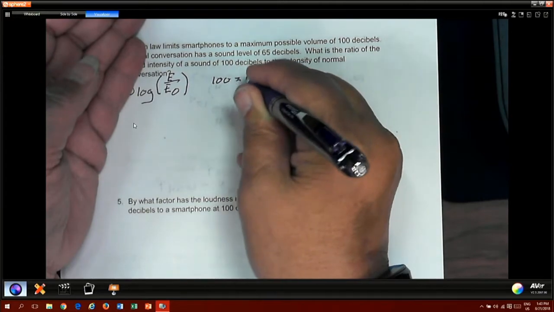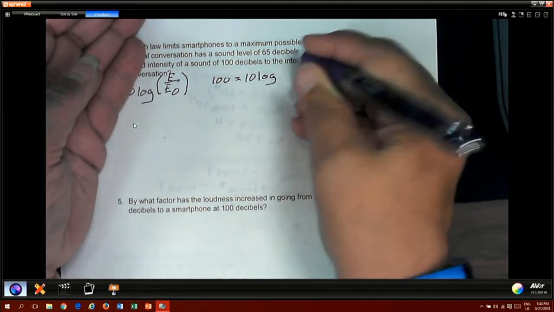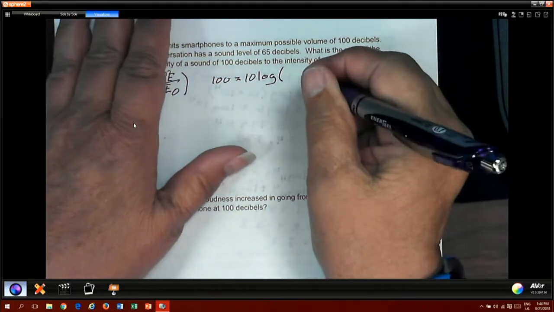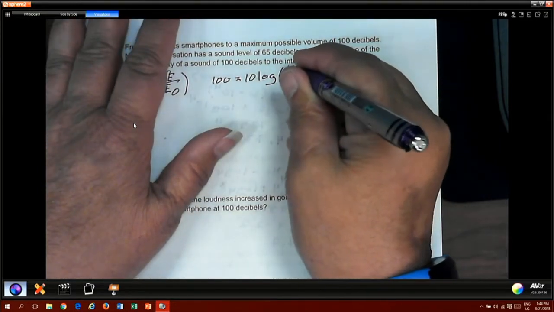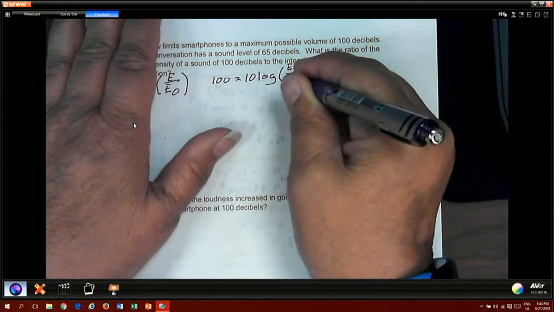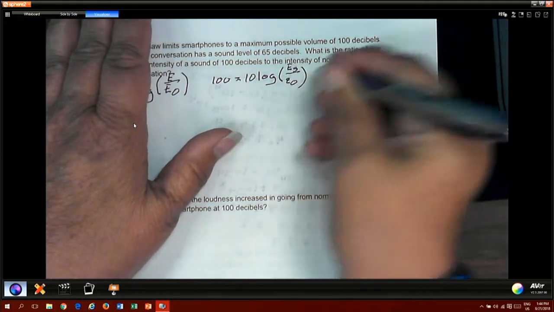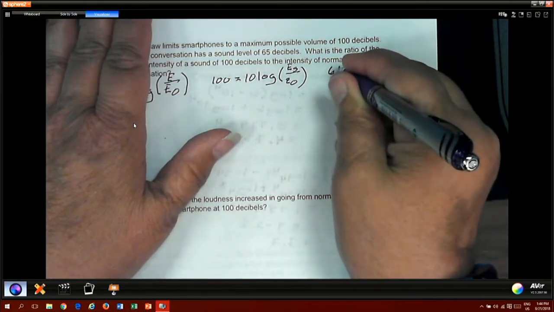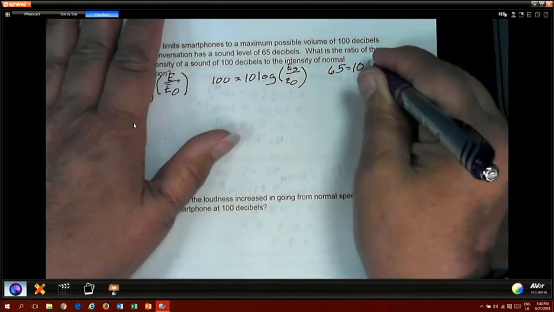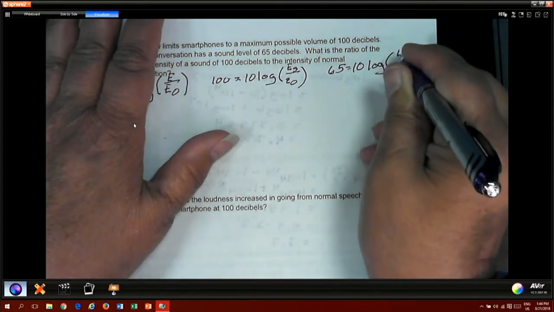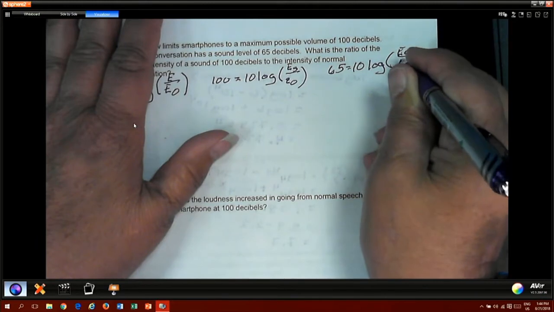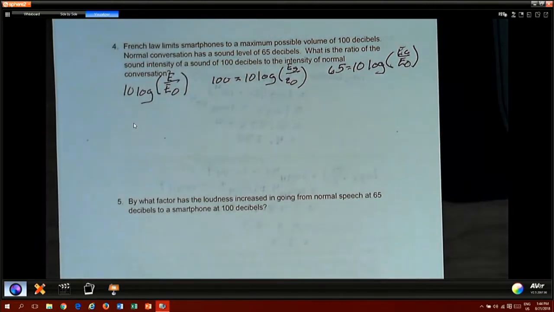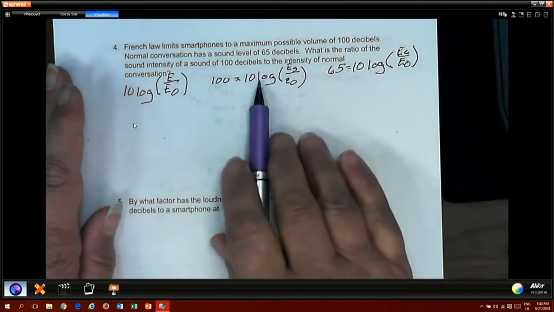So 100 equals 10 log of E sub S for smartphone over E sub 0, and 65 equals 10 log of E sub C for normal conversation over E sub 0. So if we subtract these two,